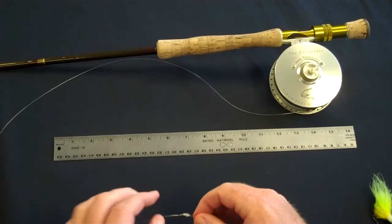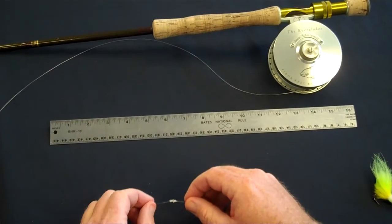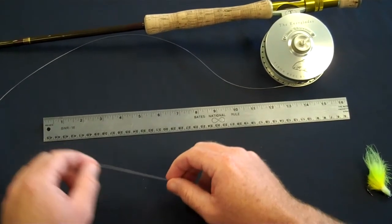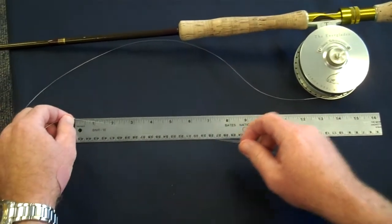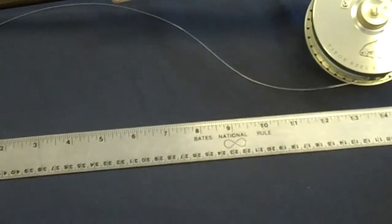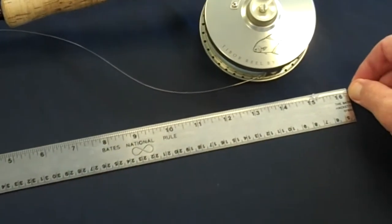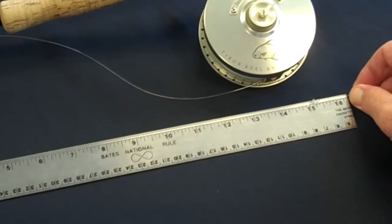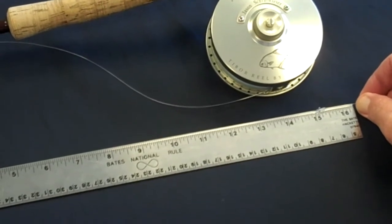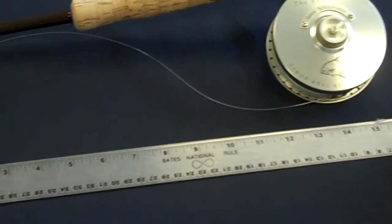What we're going to do first is go to where the butt section of the fly leader meets the class tippet. We'll go to that knot and we'll measure inside that knot to the inside of the knot for where the class tippet meets the shock tippet. And in this case it's just at 15 inches, actually a hair over, so the class tippet would be considered